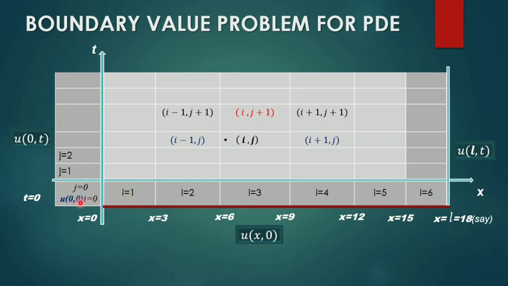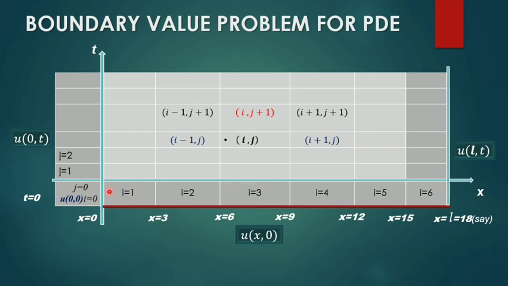So we mark the increments one by one. Here when i is equal to 0, j is also equal to 0. i represents the number of increments of x. So here the number of increments is 0. When we are given 1 increment, then i is equal to 1, then 2 increments, 3 increments, like that. So i varies from 0 to 6. At the 6th increment, you will have 6 into 3, that is 18. That is, x is equal to i into h, where h is the increment of x.